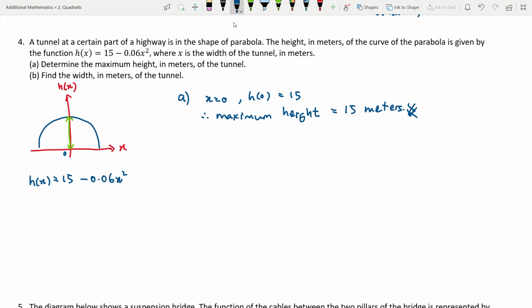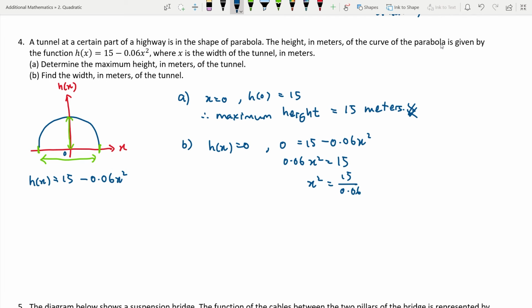B. Find the width in meters of the tunnel. The width of the tunnel is from this point up until this point. To find the width, we need to find the x-intercepts. h of x is equal to 0. 0 is equal to 15 minus 0.06 x squared. 0.06 x squared is equal to 15. x squared is equal to 15 divided by 0.06, which is